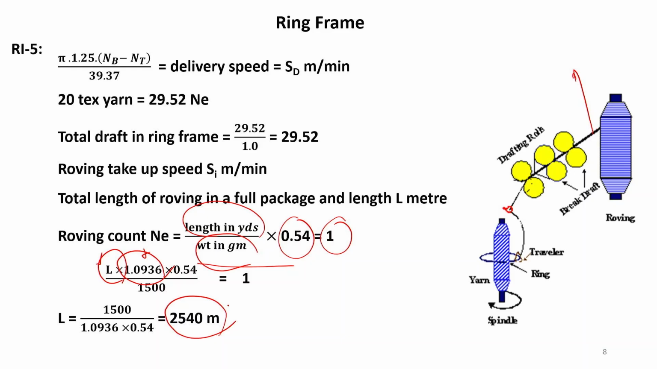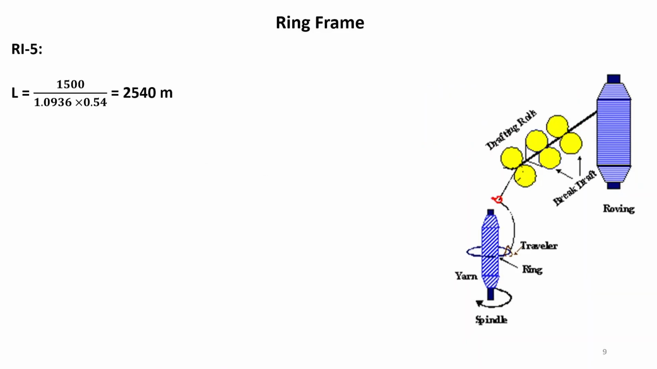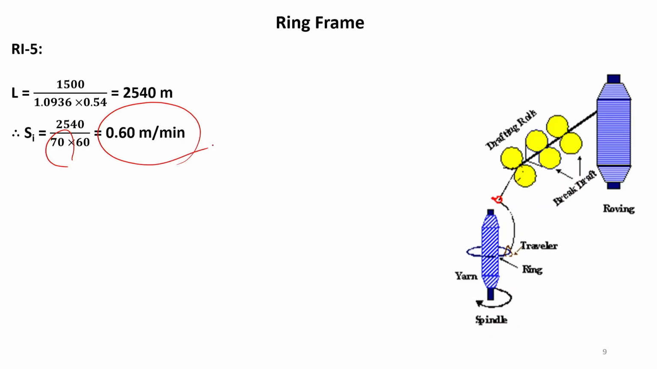The length of the roving in a package is 2540 meter. This total length is exhausted in 70 hours of running. So, we can calculate the speed SI, that is the roving take up speed. So, what is the roving take up speed? L is given and it is in 70 hours. So, the roving take up speed will be 0.6 meter per minute. SI will be 0.6 meter per minute,